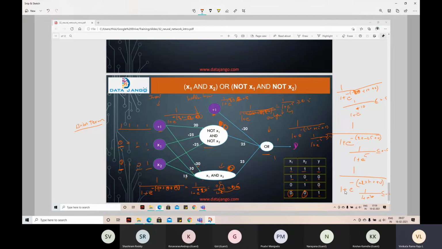This is less than or equal to 0.5. I got 0. Right? You pass 0, 1, 0, 1, you get 0. This is the simple network which is actually giving us a very complex decision boundary, right? So if you look at this decision boundary,